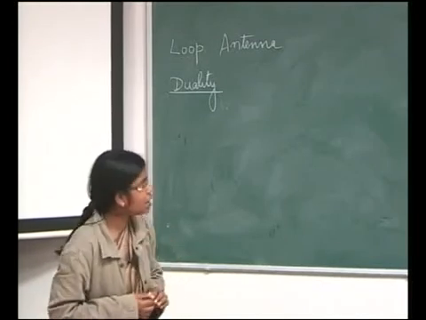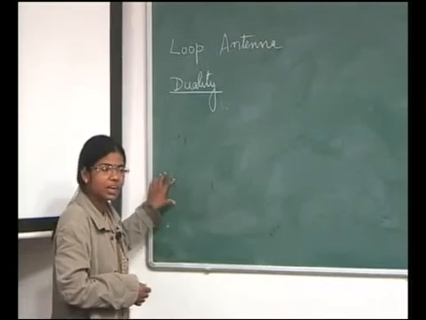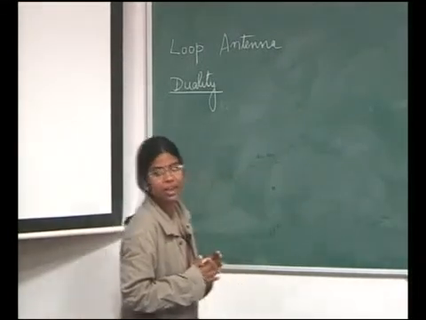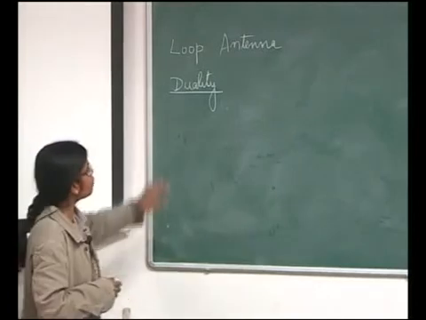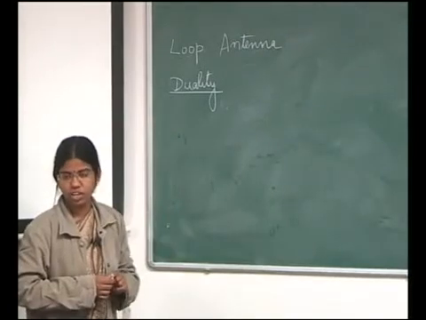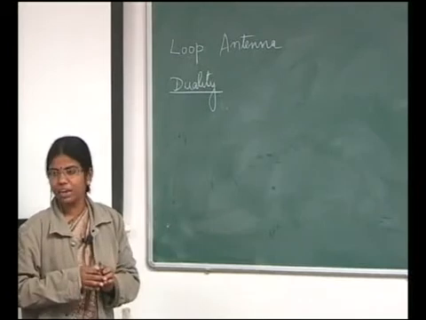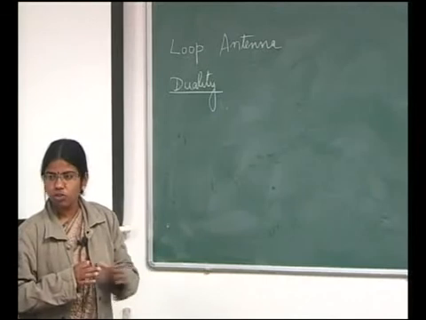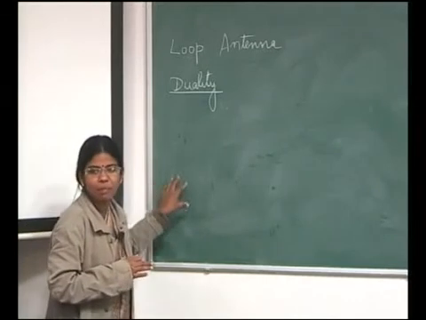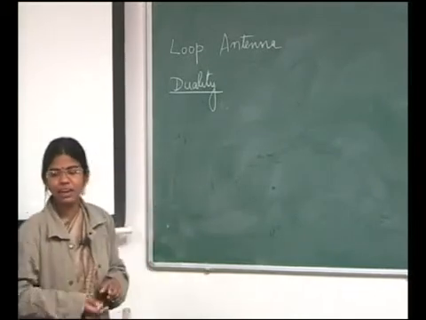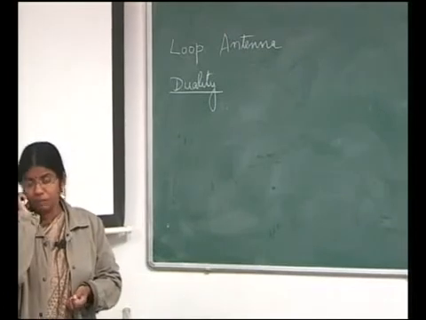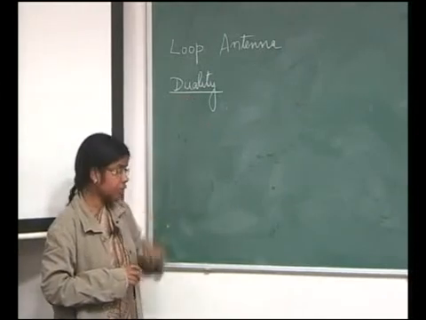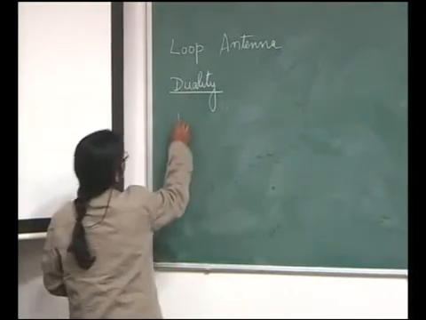Now, we should find some link between one radiation pattern and the other, and radiation patterns are governed by the electric and magnetic field. So if we can find a relationship between the electric and magnetic field of two antennas, then we can link them together. By knowing the electric and magnetic field of one antenna, we can write the expression for the electric and magnetic field of the other antenna. This is basically the duality principle. Now, from Maxwell's equations we have two curl equations.